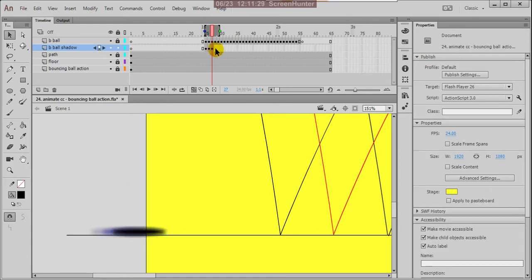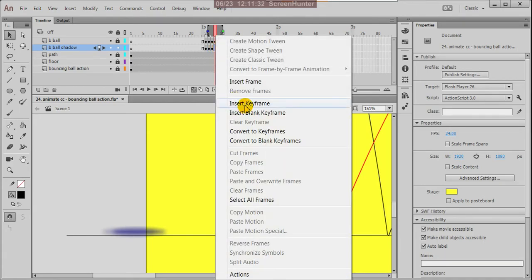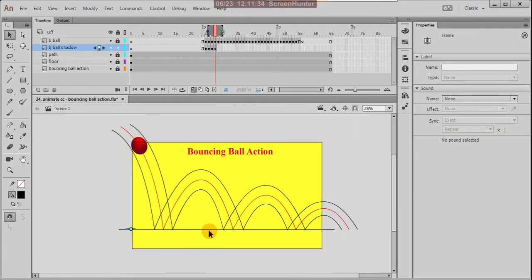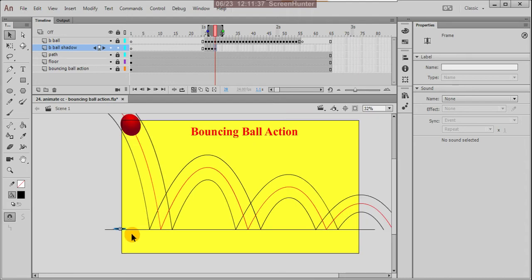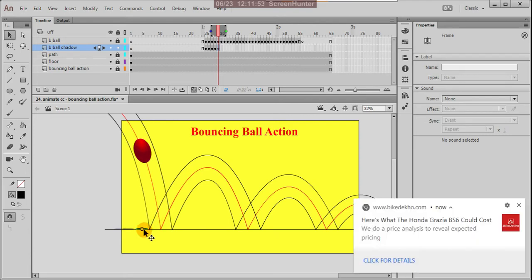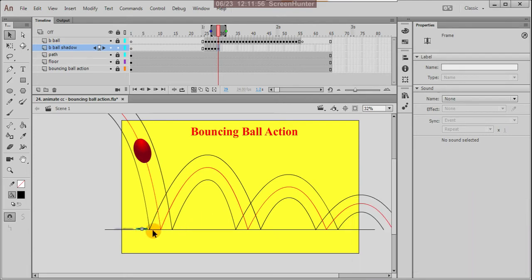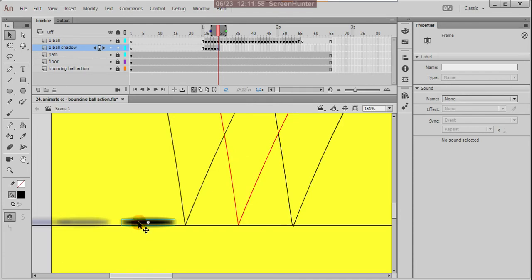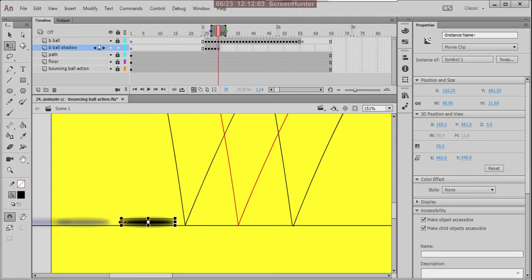Okay, yes, and again here right click and insert keyframe. So as per the ball direction, your shadow also must move. Okay, yes, and again here right click and insert keyframe and move the shade to this side, and suppose it is coming to the downside, so the size you can increase a bit.